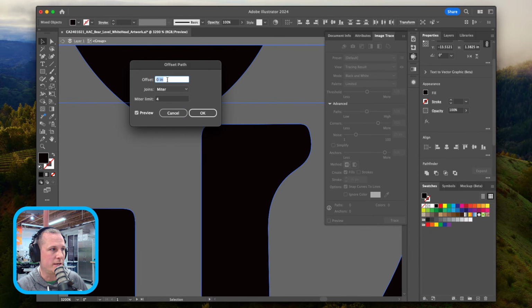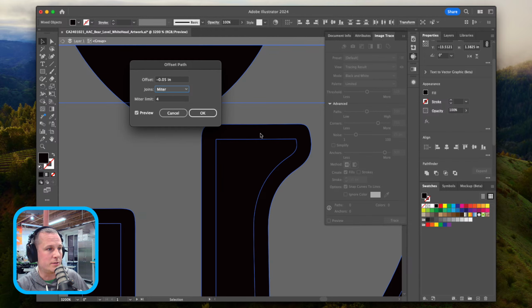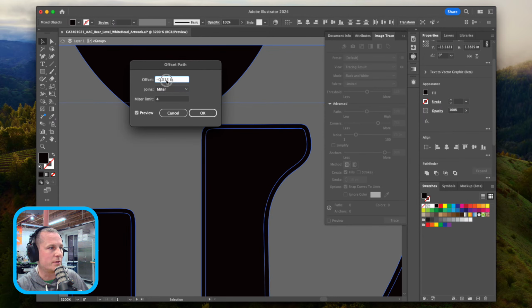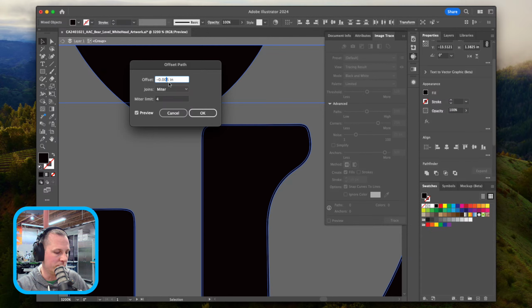So, I could move this, I could actually punch things in, negative 0.05. We can see that's a huge one, so we don't want to do that. What if we did 1.5? That's still pretty big, so we drop down to 0.5. That's pretty good. We could also do 7.5, and it expands just